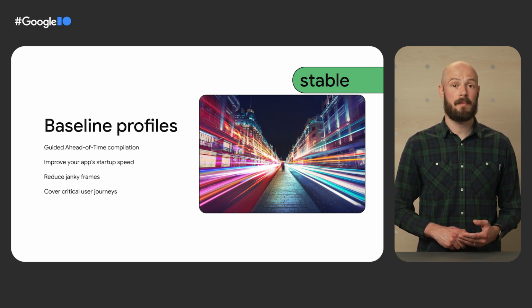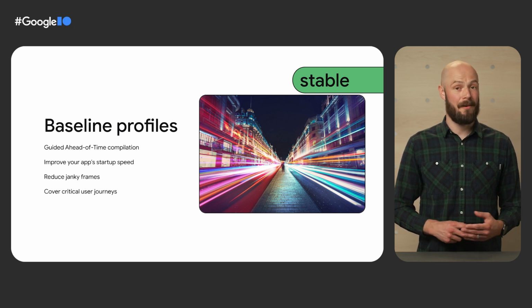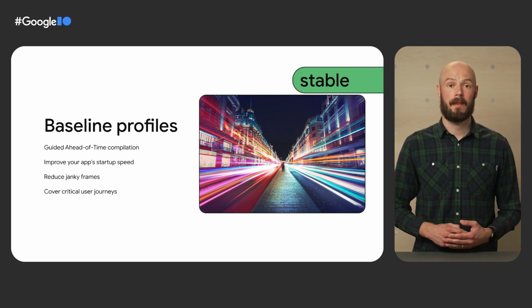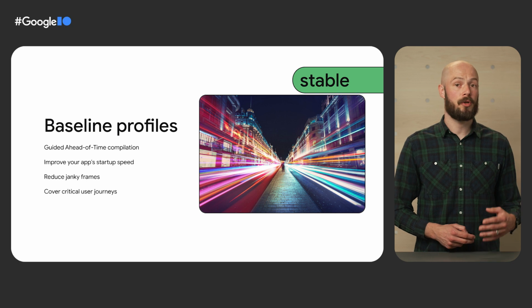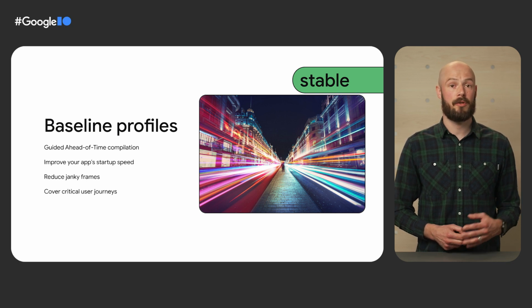More than 5,000 apps on the Google Play Store are already using baseline profiles in production. And with baseline profiles having approached stability, every app should start using it. Also, Jetpack Compose is one of the libraries using baseline profiles to reduce the time it takes an application to render composables. I'll now show you how to create your first baseline profile.